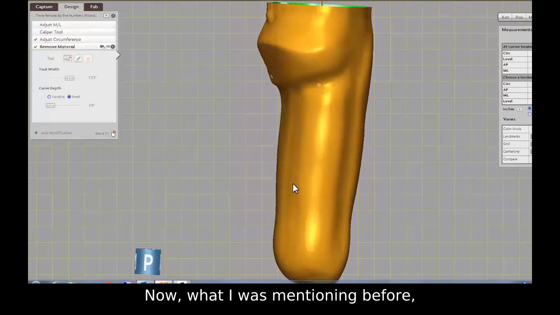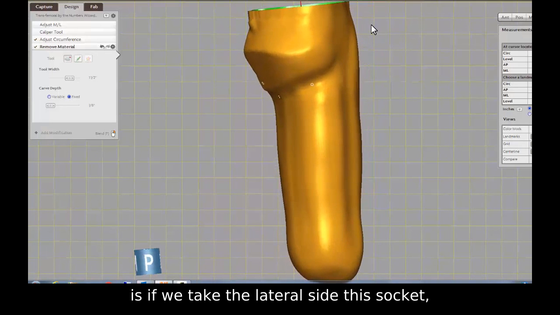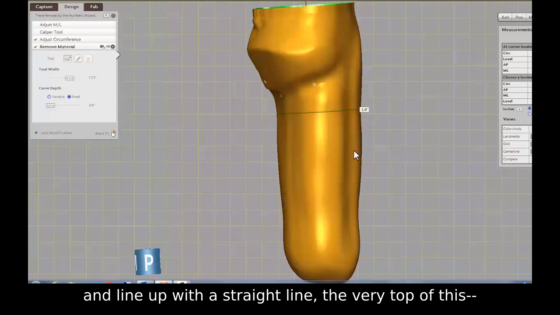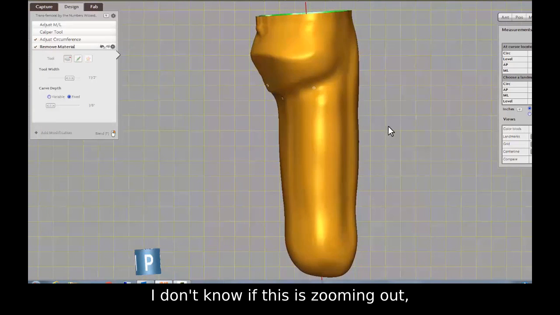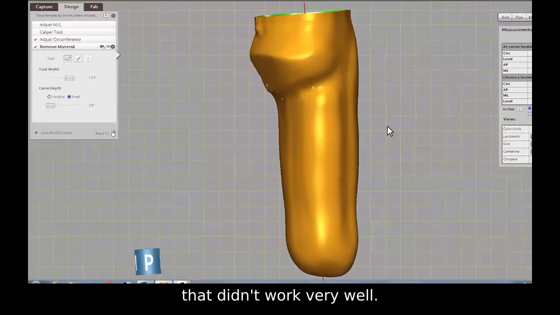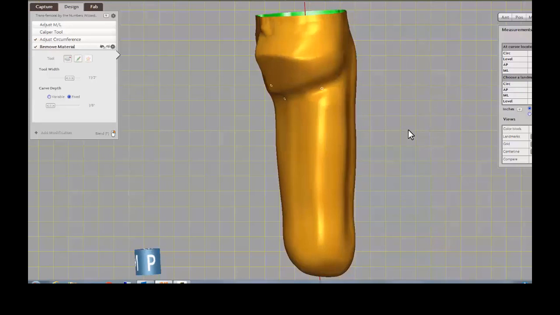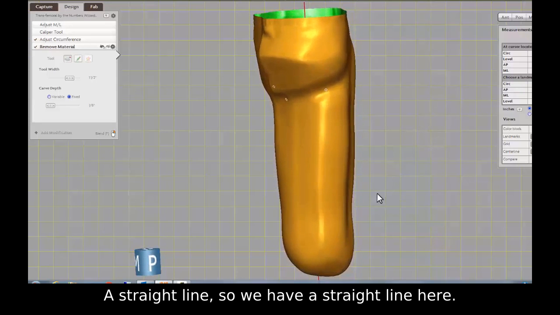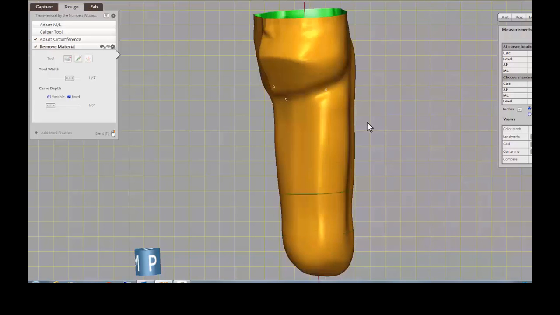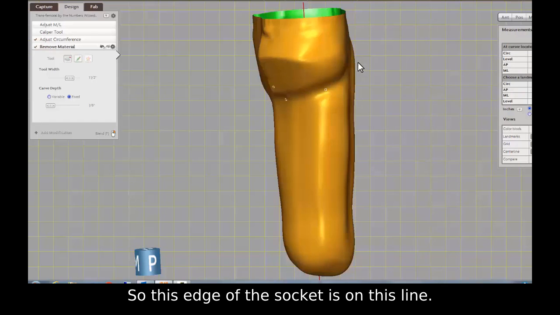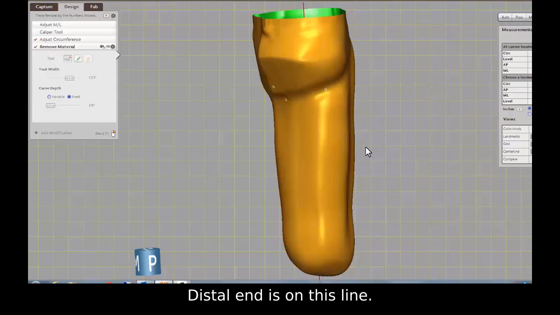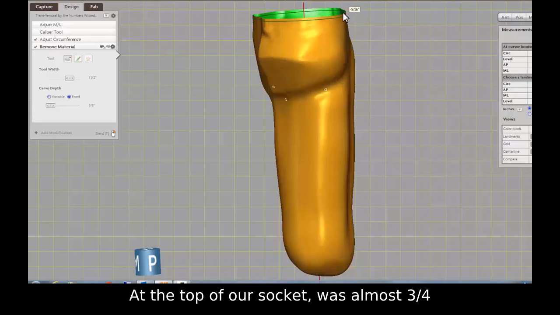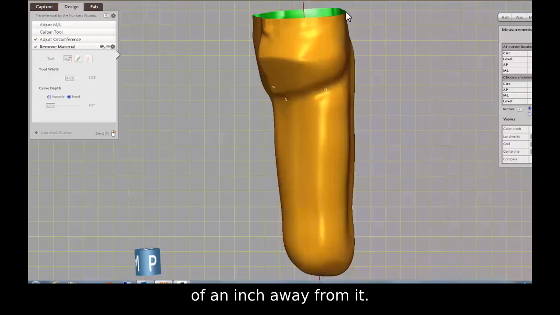Now, what I was mentioning before is if we take the lateral side of this socket and line it up with a straight line, the very top of this, I don't know if you zoom it out, it didn't work very well. There's a straight line. So we have a straight line here. Tilt it just a little bit. So this edge of the socket is on this line. Distal end is on this line, but the top of our socket is almost 3/4 of an inch away from it. So